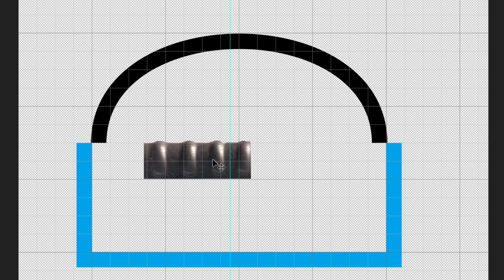Let's take the shape and do something with it. So it's got a funny kind of curvature to it going on, and probably I only want this section. So using the pen tool again, I'm going to draw around it. Oh, don't want to do that. Command Z, click in there and draw around,